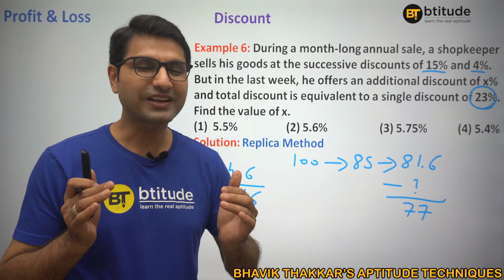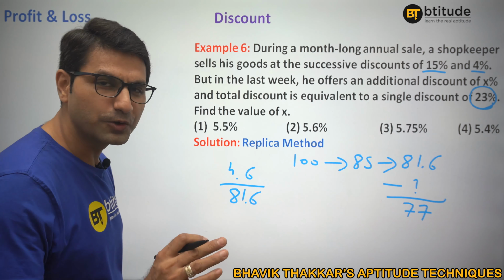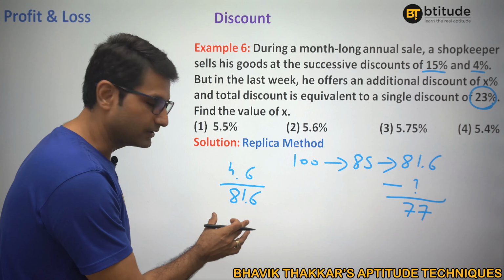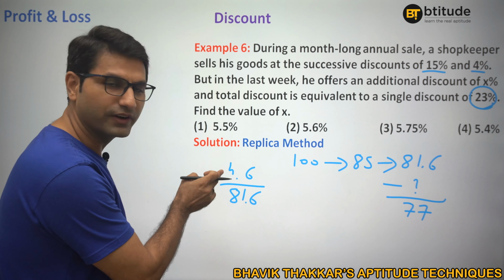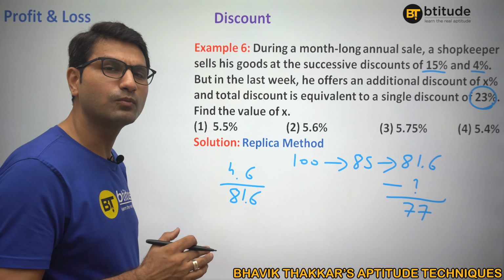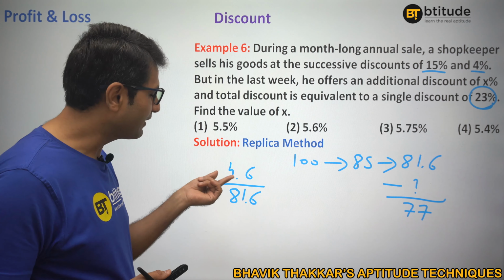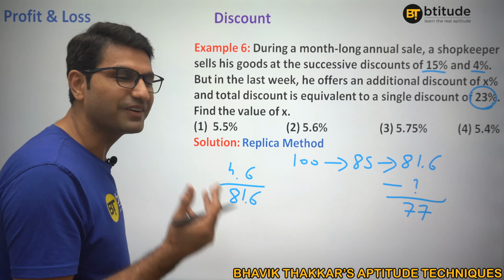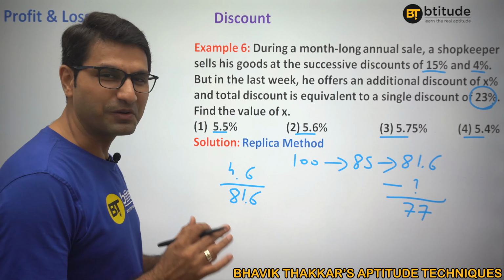So if you know the calculation trick as well, this is pretty easy. Now, how will you do it? Look, roughly, I would think like, okay, 10% of this would be 8.16, and this is more than half of it, right? 8.16's half will be 4.08, it is more than that. So more than 5%, right? Because 10% is 8, half of it will be 5. So more than 5%. Now the irony is all the options are more than 5%. So it will be difficult.